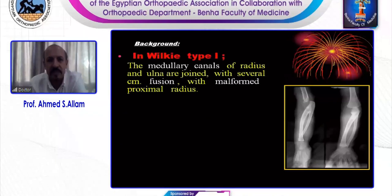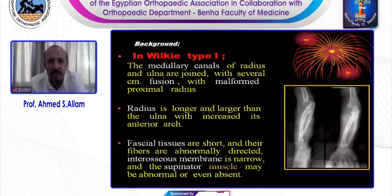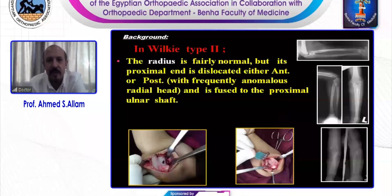with several centimeters of fusion with malformed proximal radius. Radius is longer and larger than the ulna with increased anterior arch. It is a banana-shaped bone. Fascial tissues are short, their fibers are abnormally directed, interosseous membrane is narrow, supinator muscle may be abnormal or even absent. Cruz Velke type 2 radius is fairly normal, but its proximal end is dislocated either anteriorly or posteriorly and is